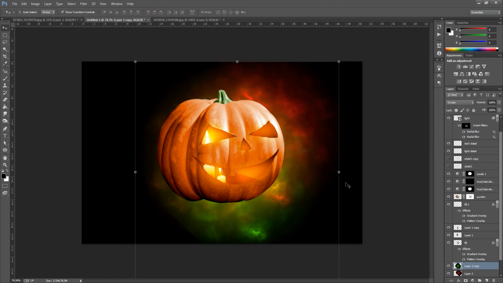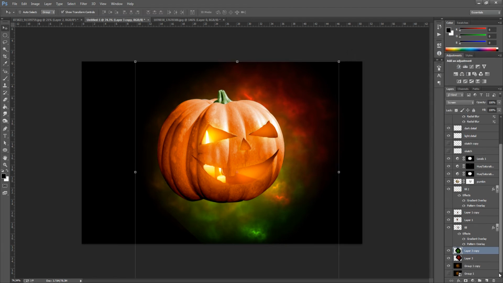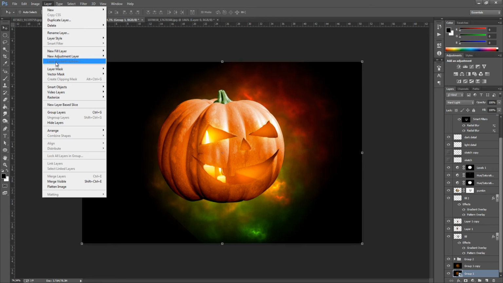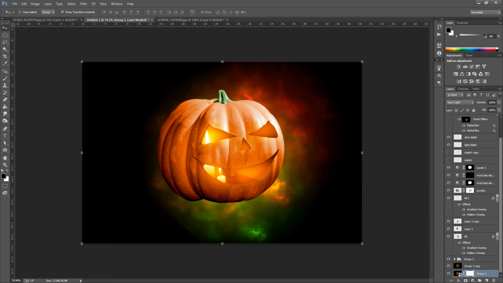And then from here all we're going to do is group those now. So we're just going to select both of them by holding down Control or Command if you have a Mac. Control and G or Command and G to group them, and we're just going to go down the bottom. We're going to select the first layer now, which is the background layer, which we've got hidden. So we're going to unhide that, and we're going to go up to layer. We're going to go down to layer mask, reveal all, and that adds a layer mask to our layer.